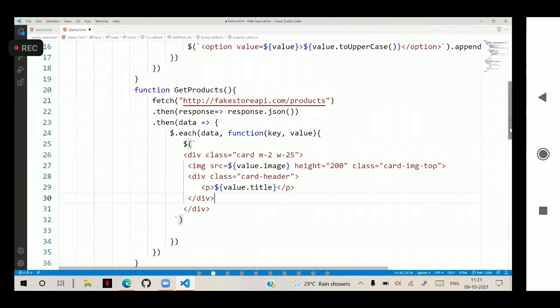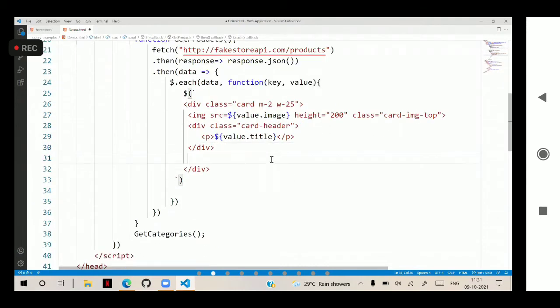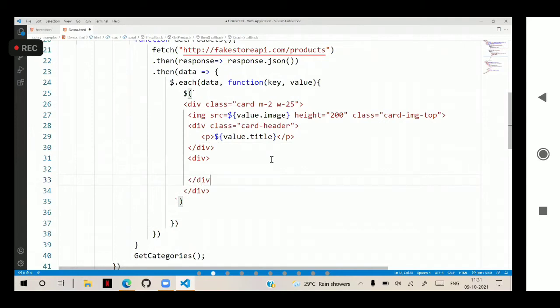and after that I am configuring a div. Specify class card-footer. Here one issue will come, which I will tell you.